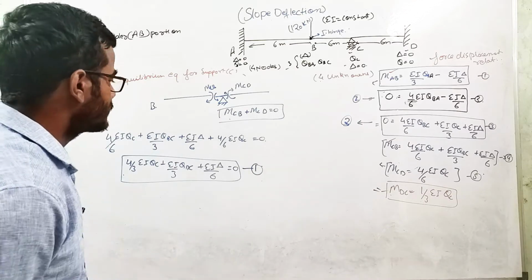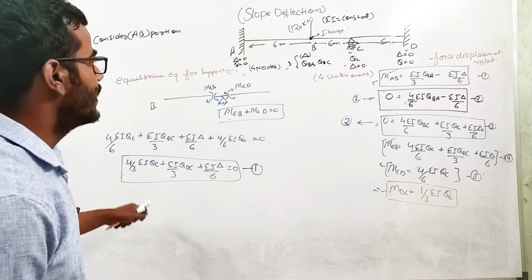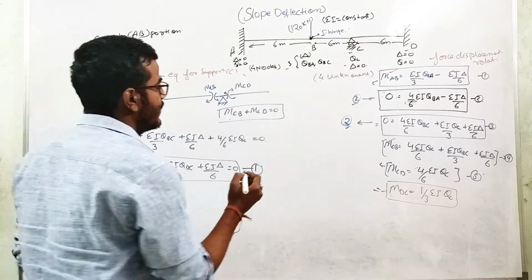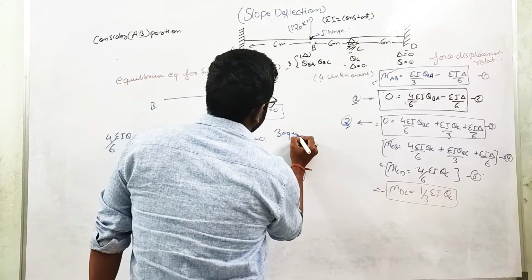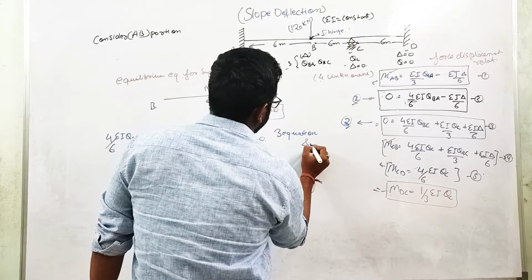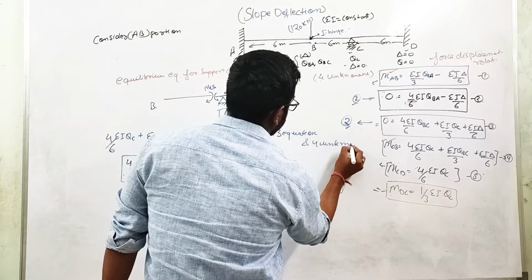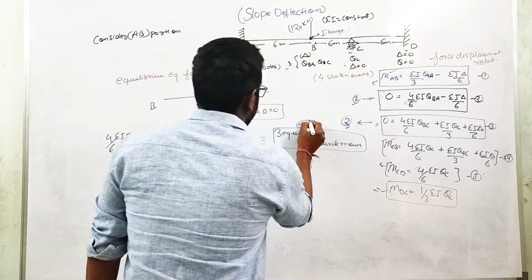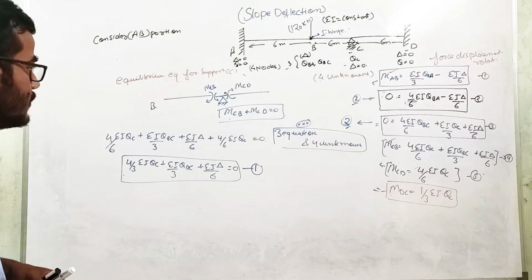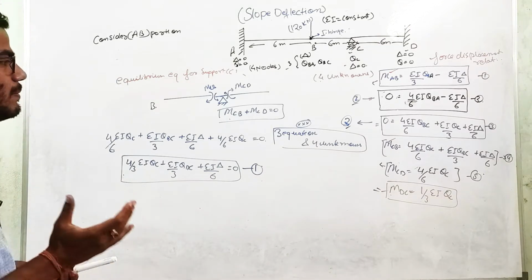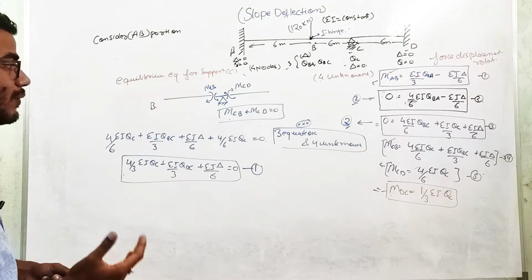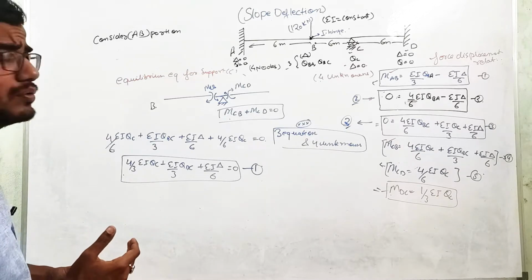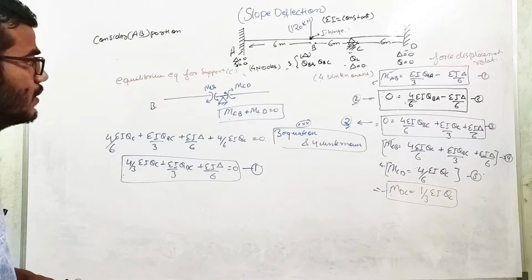So basically this is the one primary equation I'm getting, and this is one equation, and this is the other equation. So I have here three equations and four unknowns. Now this is a little bit problematic, because we cannot find four unknowns with the help of three equations. We need to have one more equation, and we will see how to get that equation.